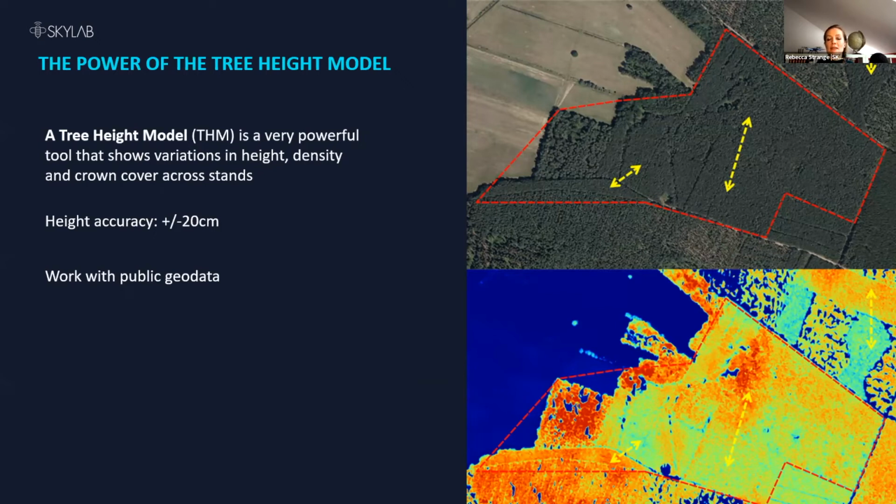Even in this example of a homogeneous monospecies, even-aged plantation, you can see in the ortho photo at the top the gaps and the roads, but what you don't see is the growth variation within the stand. And in that bottom tree height model, where the red trees are the highest ones and the pale greeny yellow are very low, you can see that actually there is a lot of growth variation within the stand.